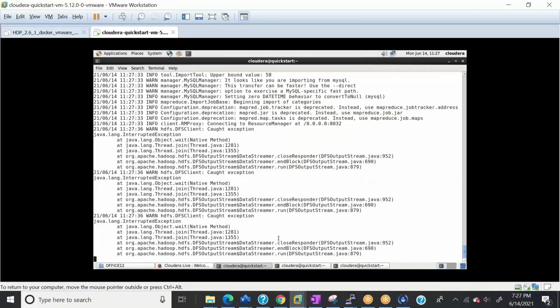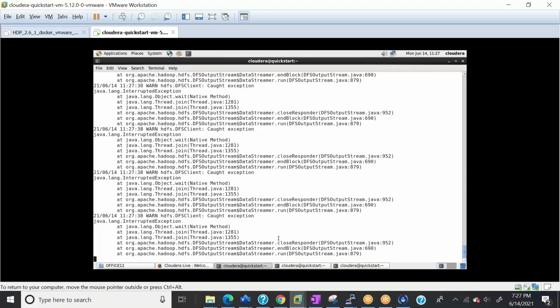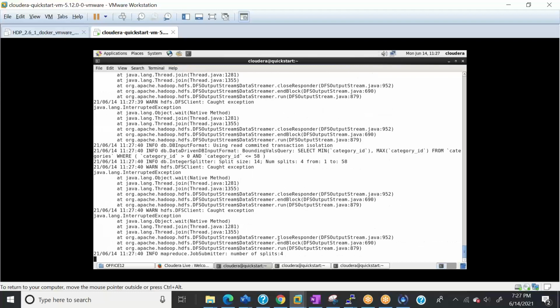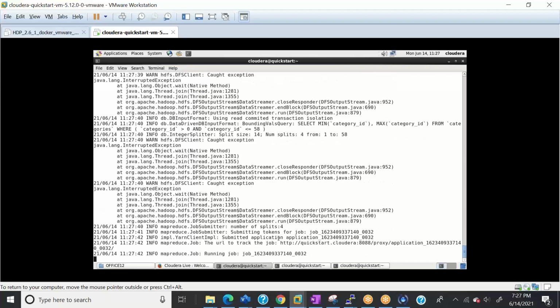So who will wake up at 1 a.m. in the morning just to enter the password? And is there a way we can have this password stored somewhere so that we do not need to enter this password manually? Is my question making sense to you guys? So I entered the password manually, right?